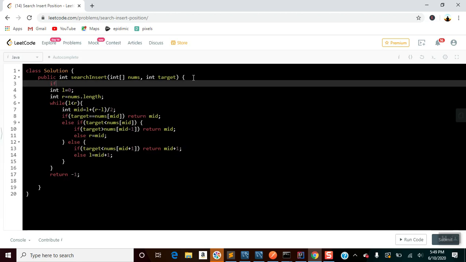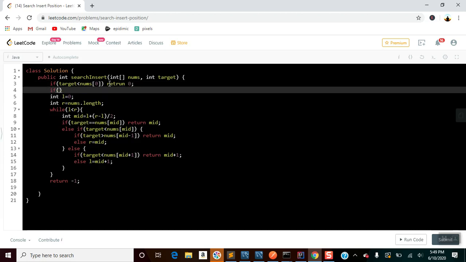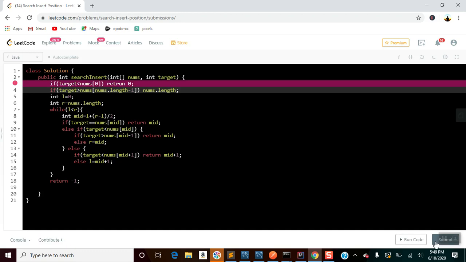Which means if the target is less than nums of 0, return 0, I'll tell you. And if the target is greater than nums of the last index, this is the boundary condition. I will explain that.